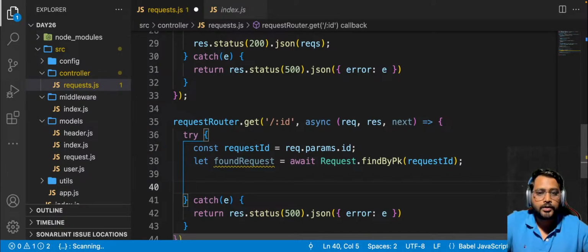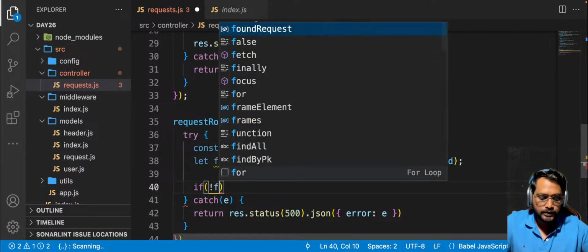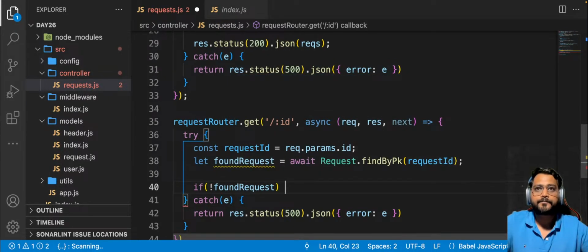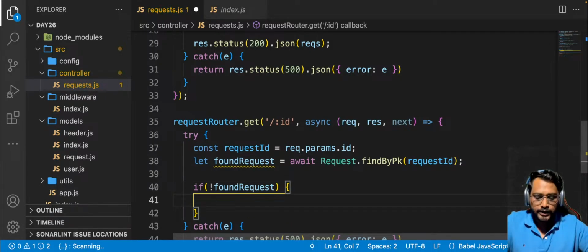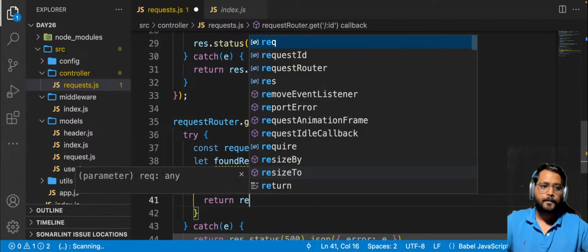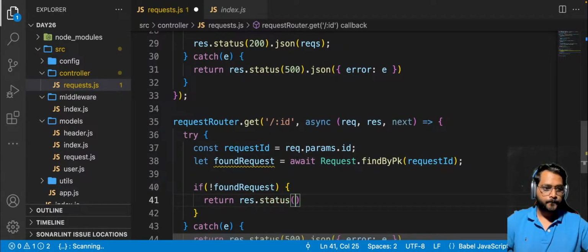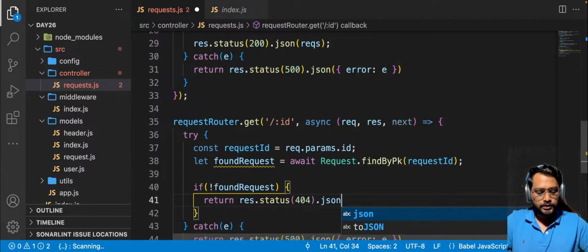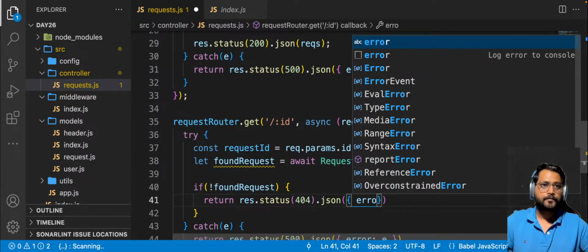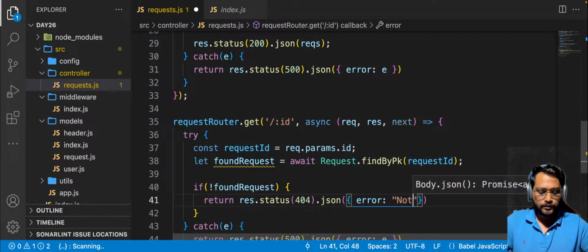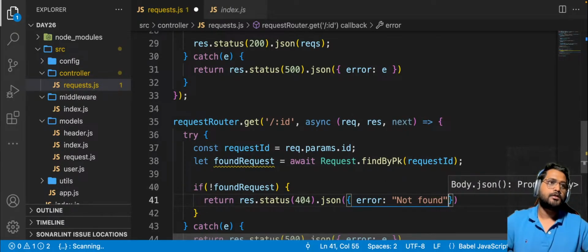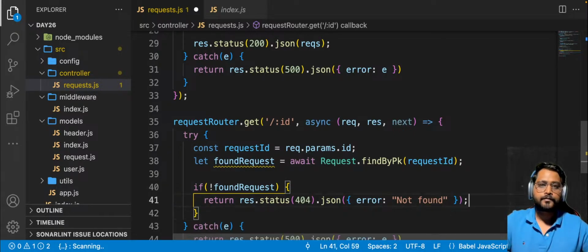Again, populate all the headers from it. If this is not found, then you have to return response dot status 404 dot json not found,